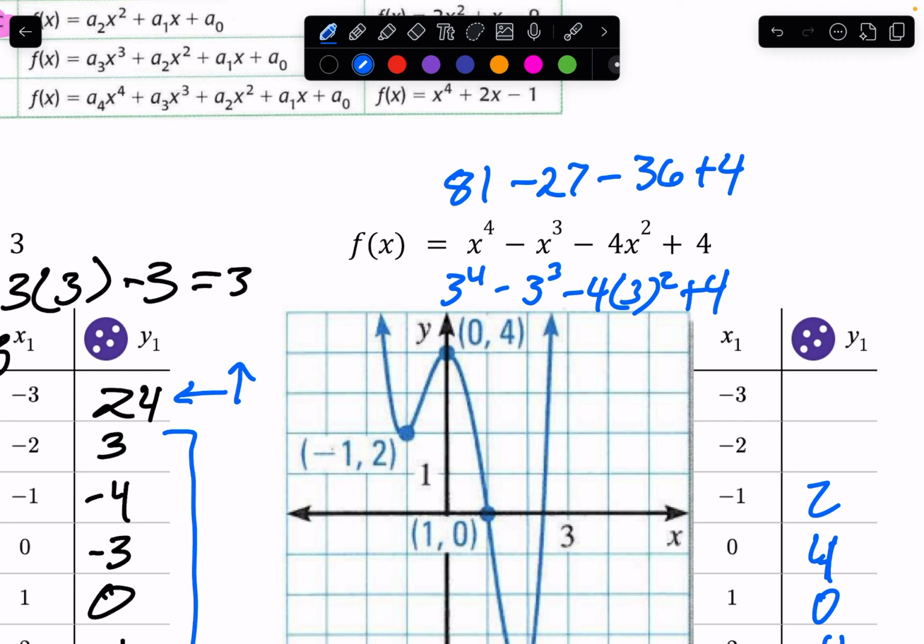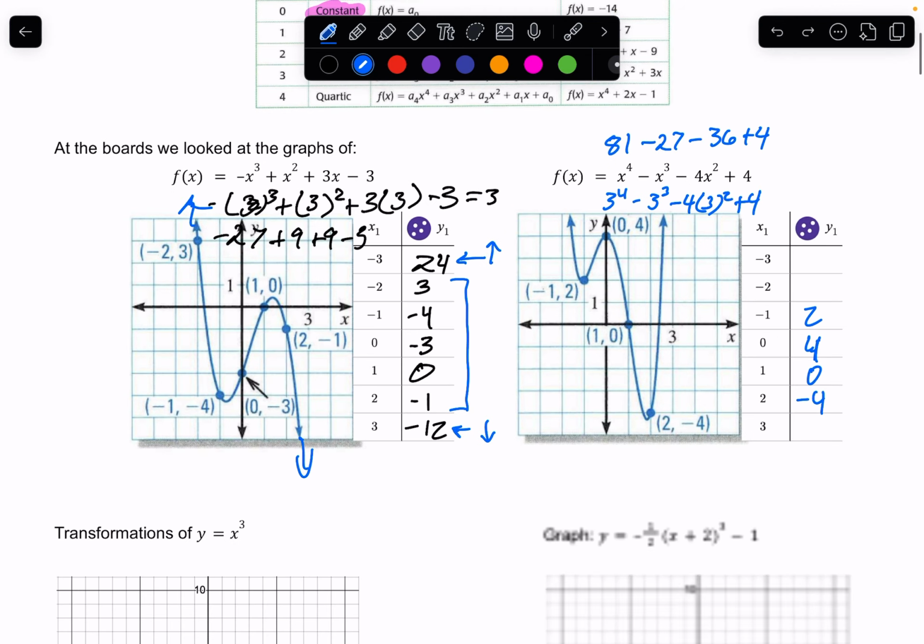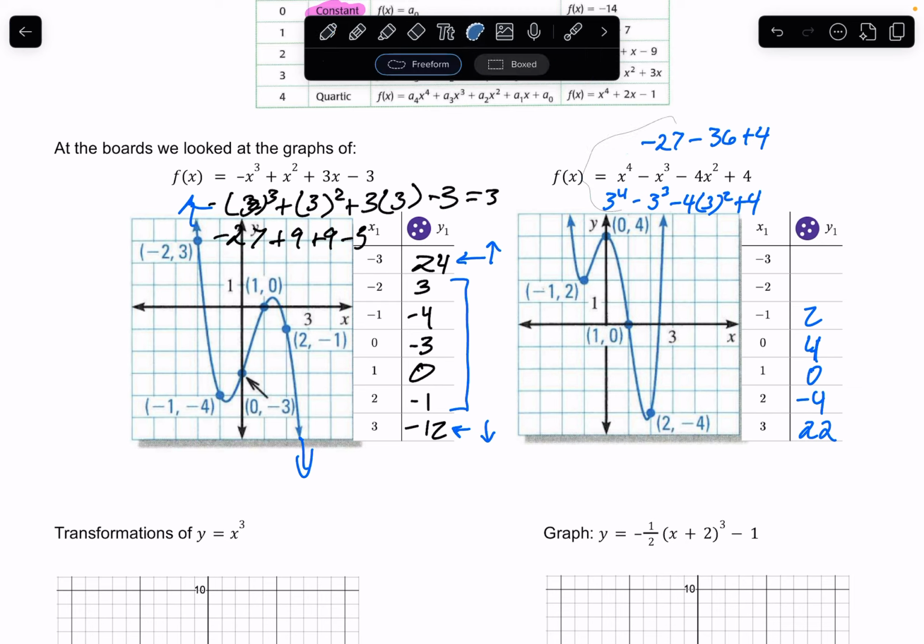I don't really want to do that in my head, but we will. Minus 27 minus 36. Use a calculator. Plus 4. So I get back positive 22 for that one, which was this number right here. If I did this with negative